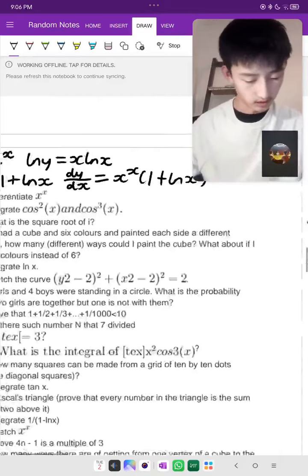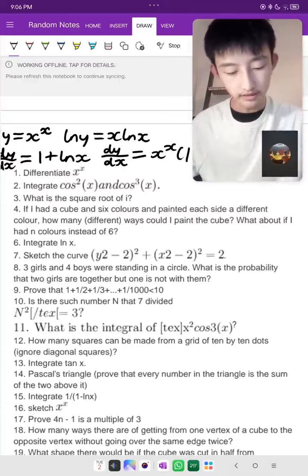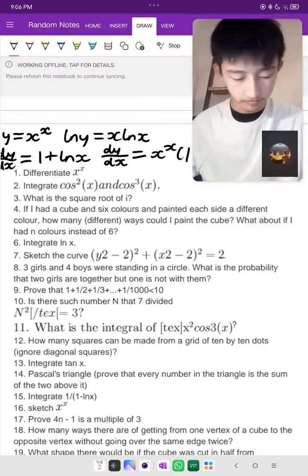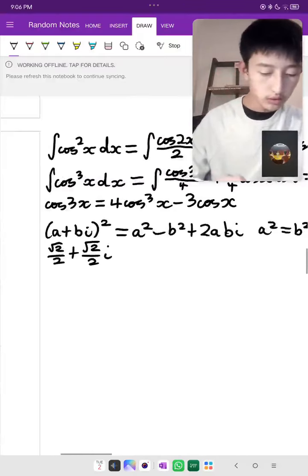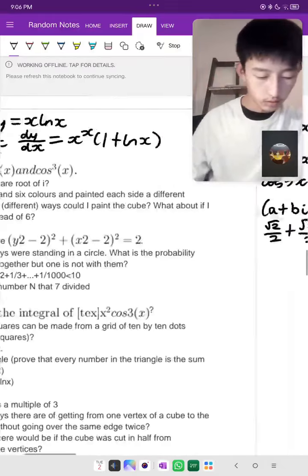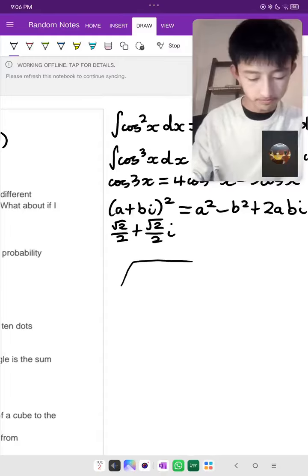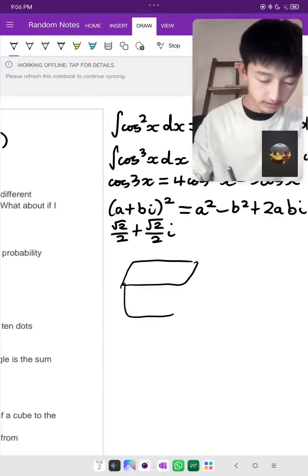If I had a cube and 6 colours and painted each side a different colour, how many different ways could I paint the cube? Okay, I would do this quite quickly, but I think we have a slight issue. If I draw out some cube,